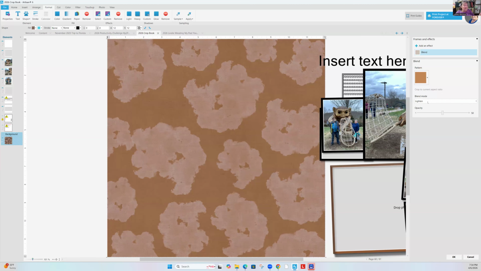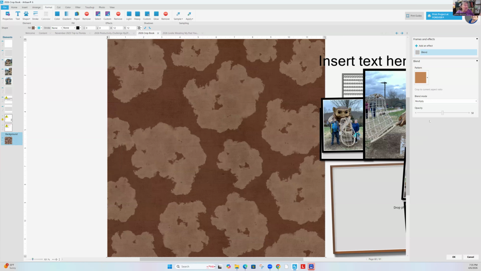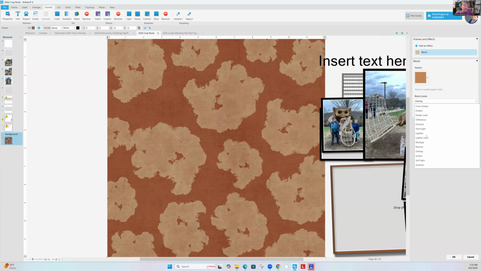Lighten, lighter color, multiply. So a lot of them, there's normal and then overlay. So there's a lot of different things that you can do with,